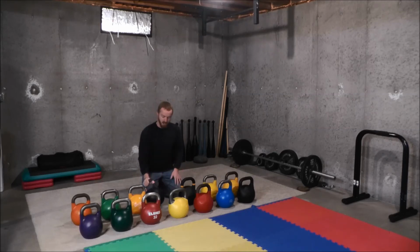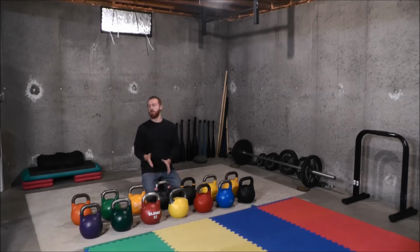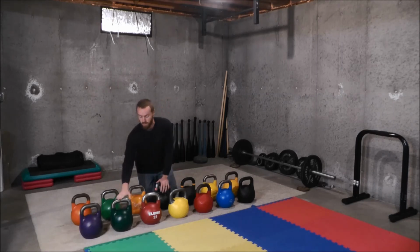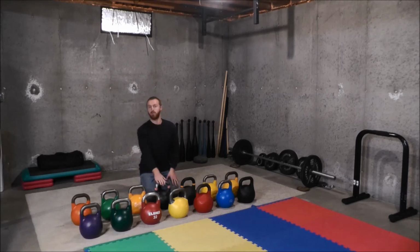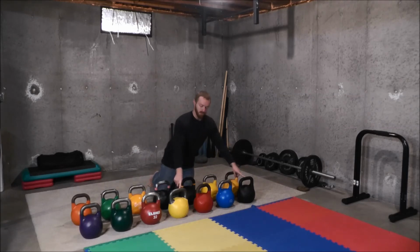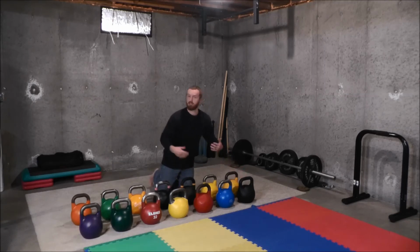Of the 4 of these, this one did have some surface imperfections, some chips and scratches in the paint. It's just some rough spots. And so of the budget ones, of the models that I have here, it's the lowest quality of these 4 that I selected out. But I do want to include that because maybe you want to get some higher quality ones and some lower quality ones for training at a reduced price, and so that would be a good option too. And Vulcan also offers lower quality kettlebells as well, but they tend to be pretty expensive compared to some